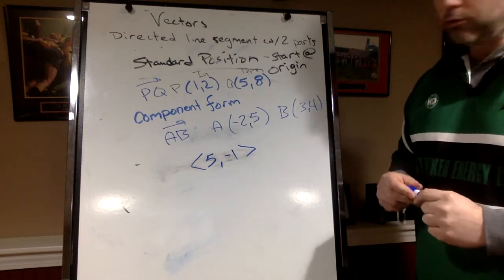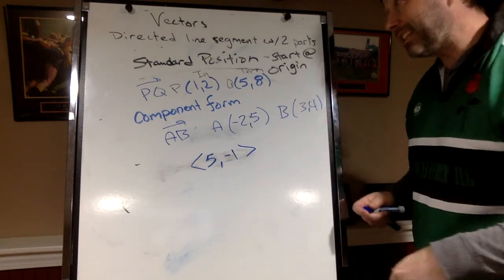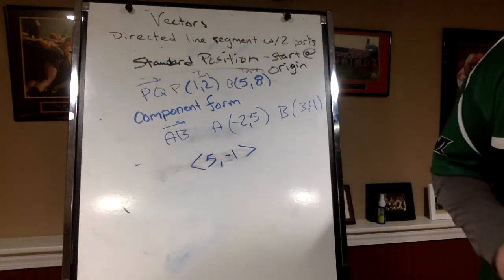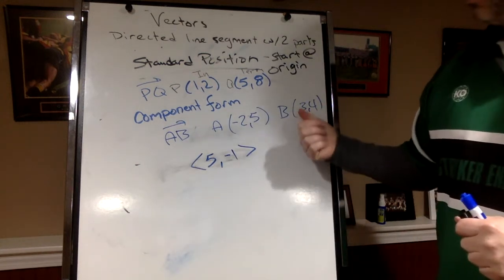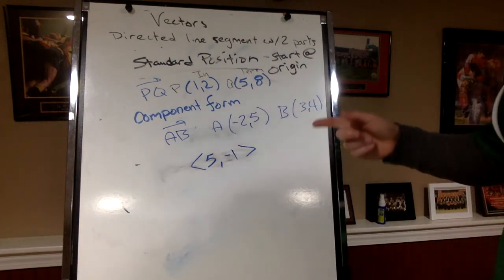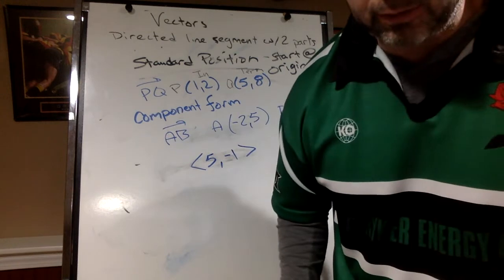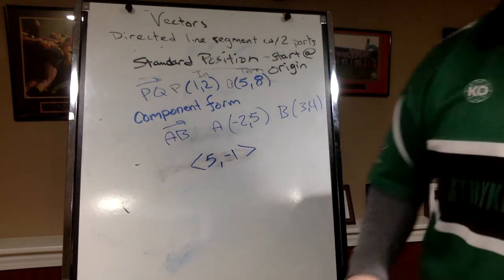That's a short introduction to vectors. In the next lesson, we'll get more in depth in using these. But so far, we saw how we can graph them, how we can find component form, and find magnitude. All right? Any questions, hit me up. And remember,